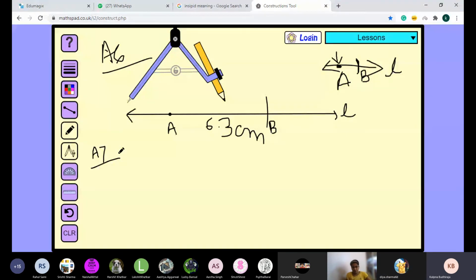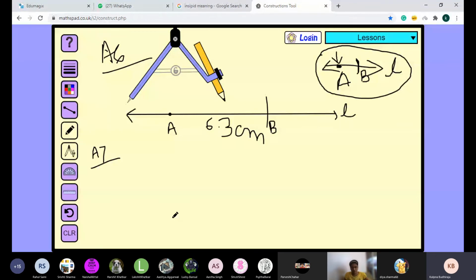All of you listen to me carefully and draw a rough diagram of answer 7 in the copy. जैसे मैंने यहाँ पे आपको रफ डायग्राम बना के दिया है ना, same way do it for answer 7. Answer 7 is homework, so understand the steps of construction I am explaining. Let us read the question.